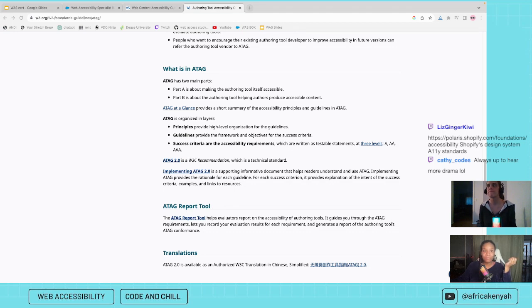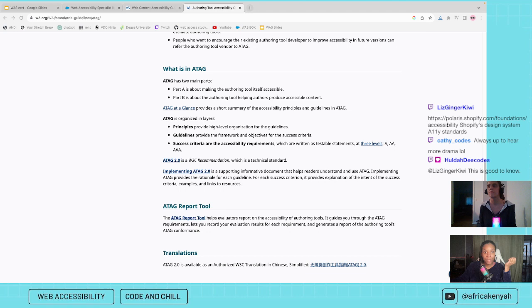Let me scroll up some more in this chat. Robo said, not gonna lie, I thought when you were mentioning ATAG, I thought you were referring to the bracket A, like what are those called? The simple greater than, less than, with an A in between. So like tags. Kathy Code said same.